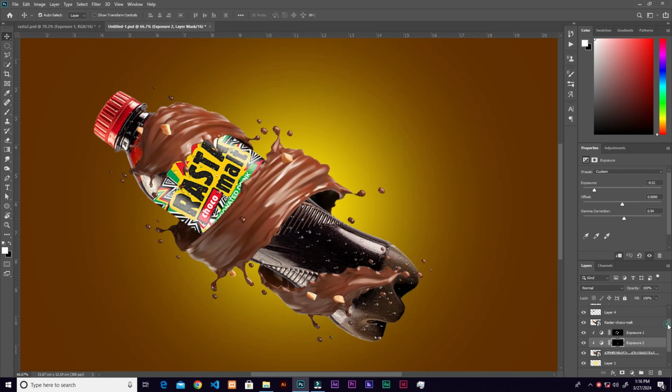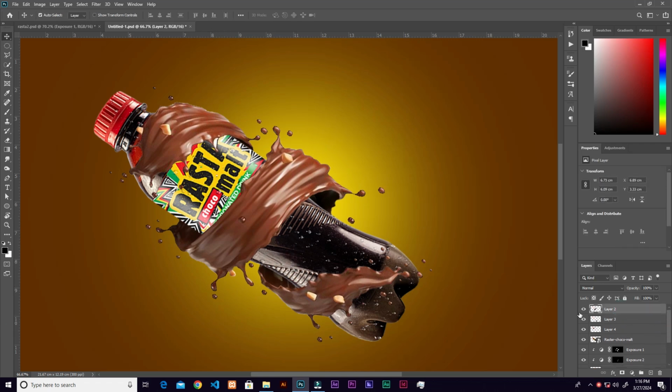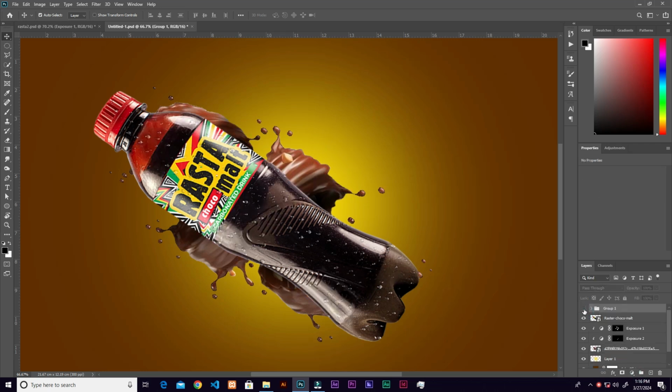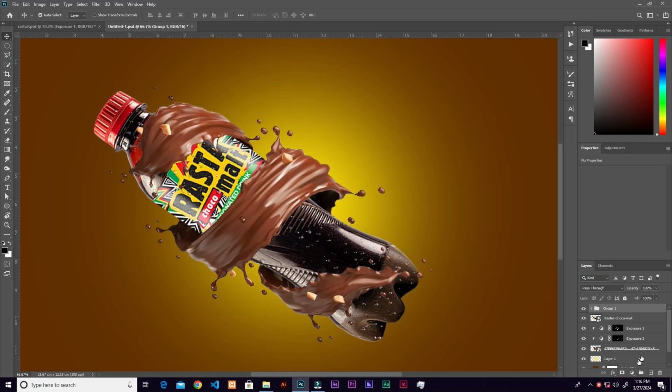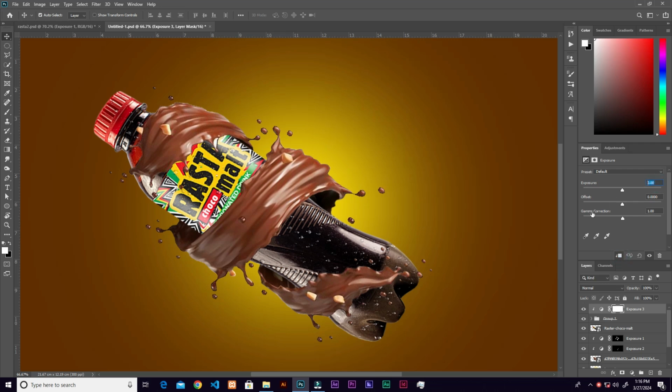Okay, so now let's come and then group these copies together. Okay, so I'll hold shift on the keyboard and select the third one below, and then group them together so you can hide them at the same time. Now let's add exposure. Let's clip it into this group, and then let's set the exposure to